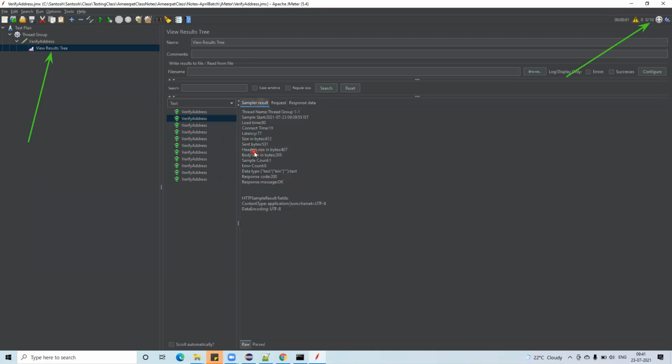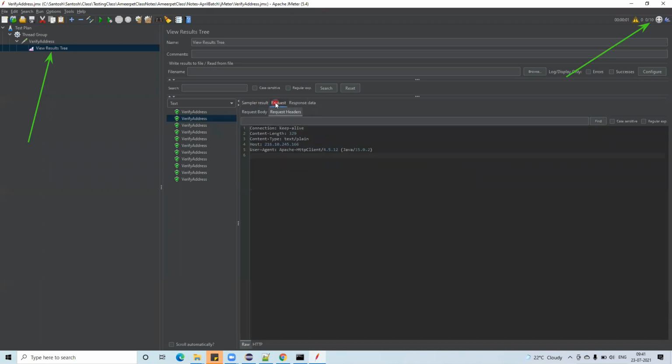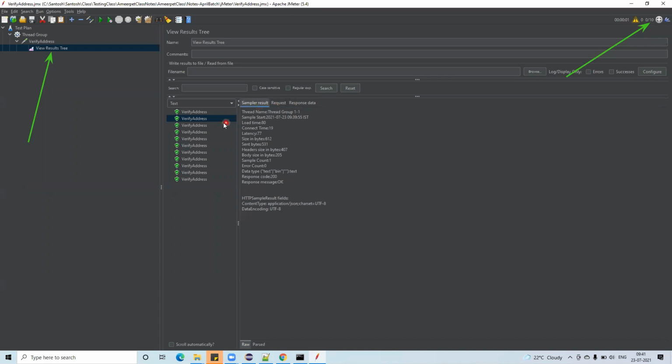This is a sampler result. This is a request, and I am looking for the time when it was sent. Response data, sampler, request. One minute.